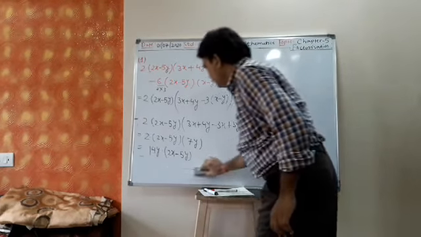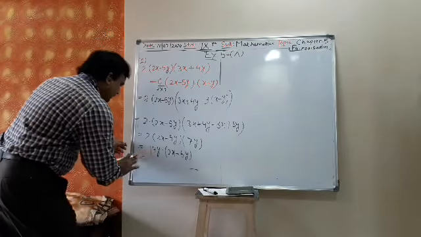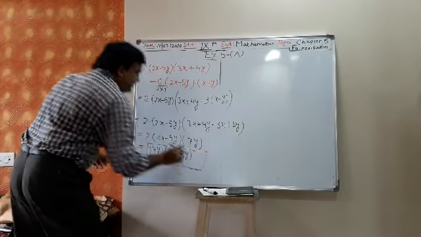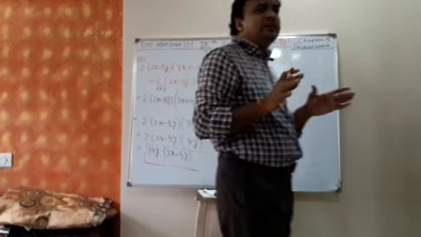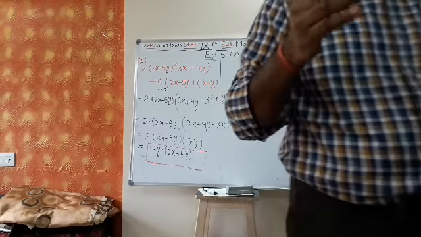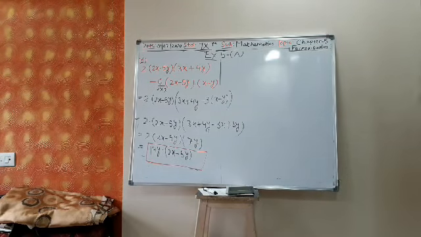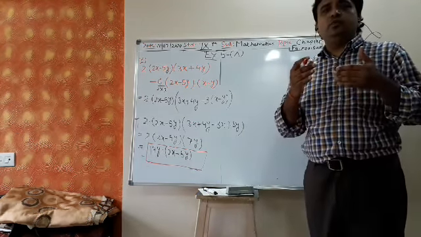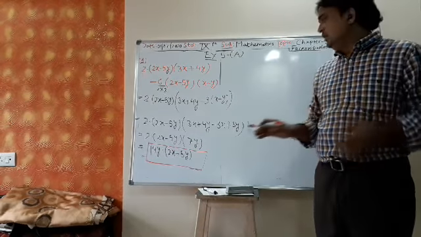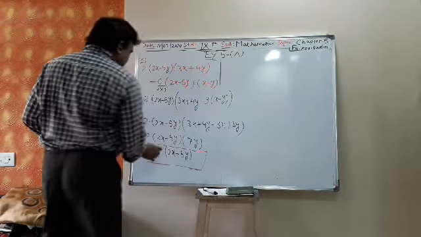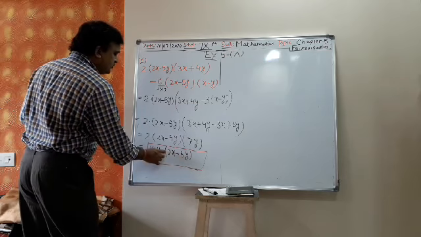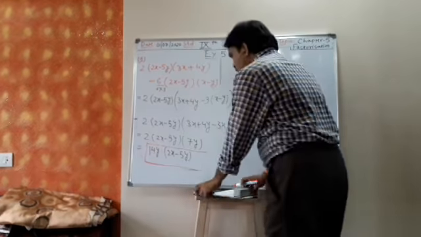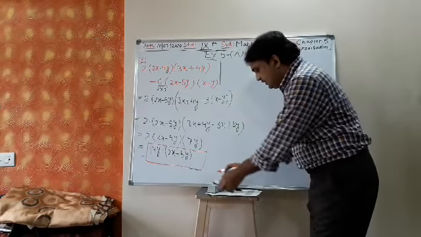So now see, don't open the bracket, because factorization means you have to write the whole expression as a product of two terms or three terms or four terms. Is it clear? So now this is a product of two terms. One is 14y, the other is 2x minus 5y. So stop there. Don't open the bracket and simplify. When you open the bracket and simplify, you will get the same expression.